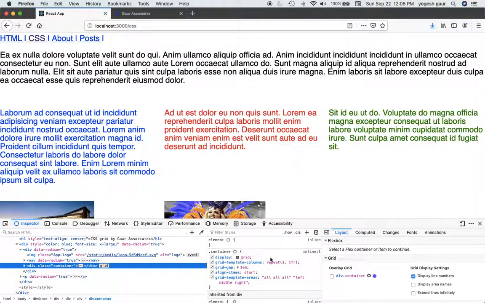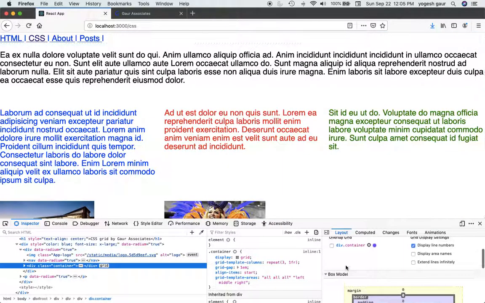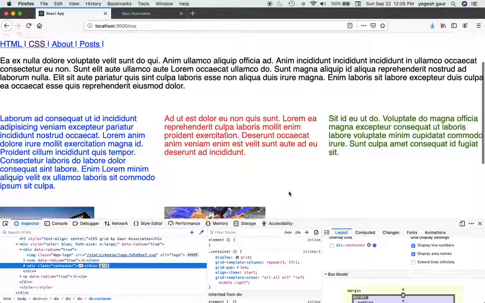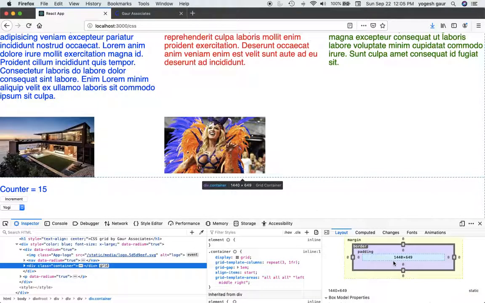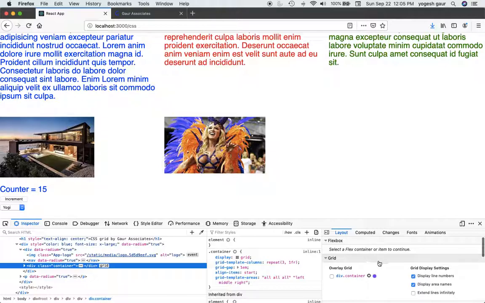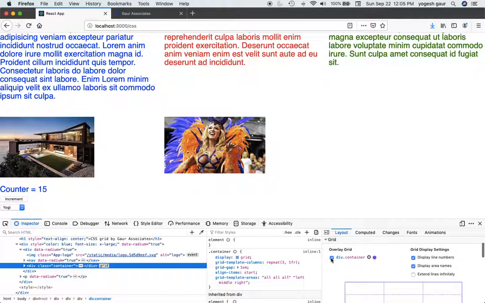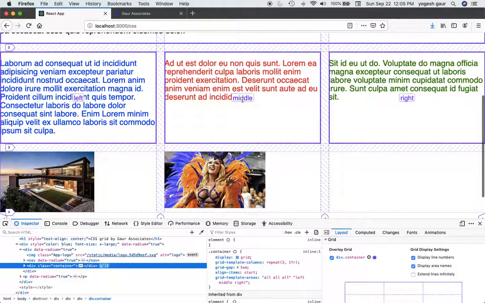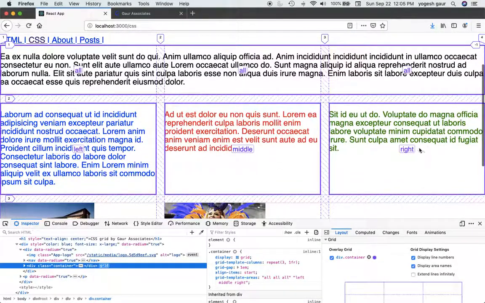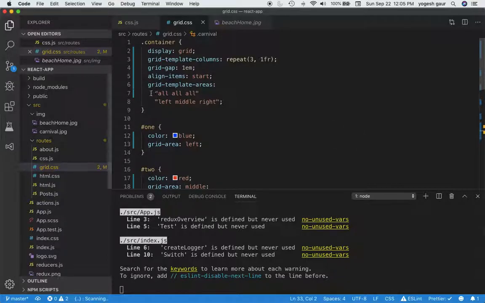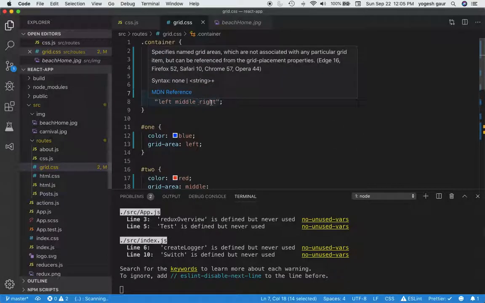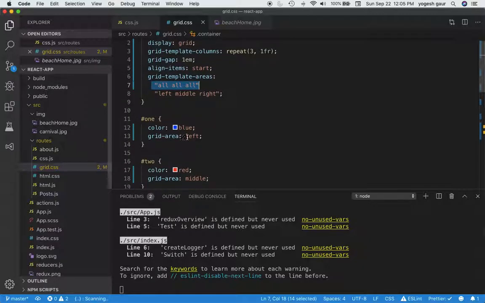Once you inspect an element, you can actually see different parts of the grid. For example, if I say display area names, it will show the areas of the grid where the names are. Let me see, overlay div container. Here you can see that this one was the middle and this one was the right, left, all, and so on. If you want to take a quick look at the areas we had, some areas were specified as all, left, middle, and right,